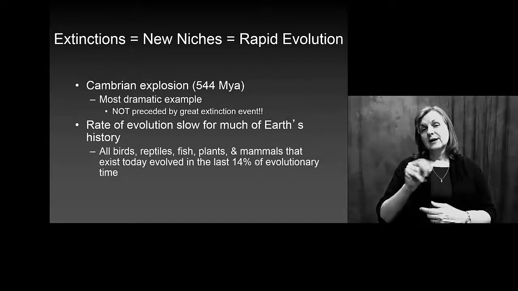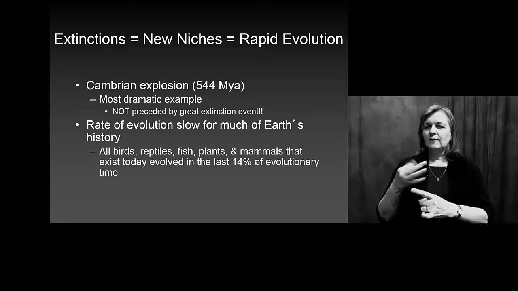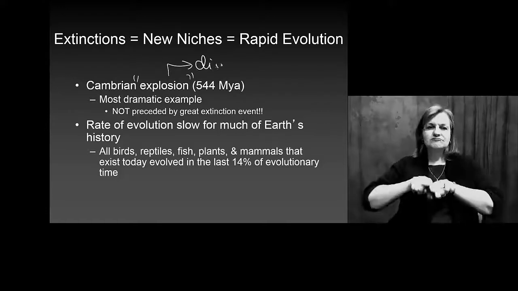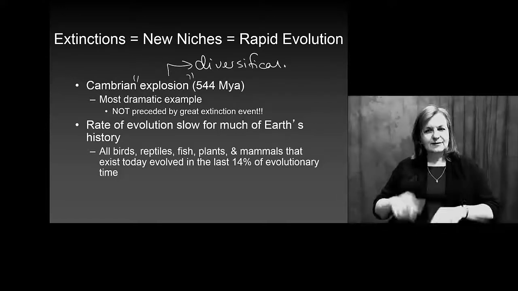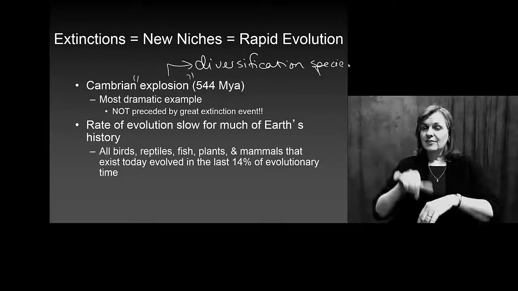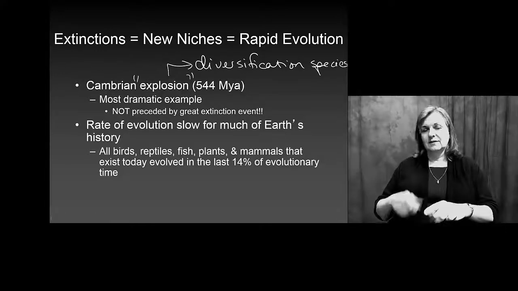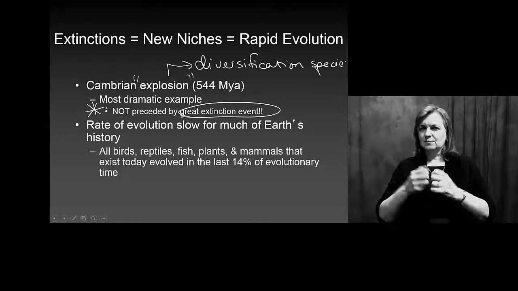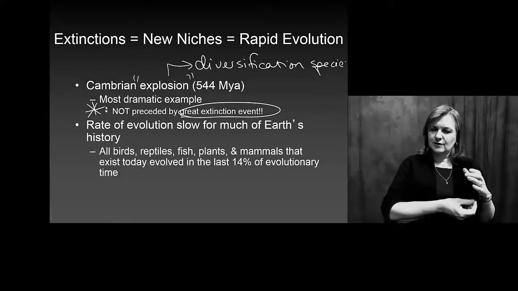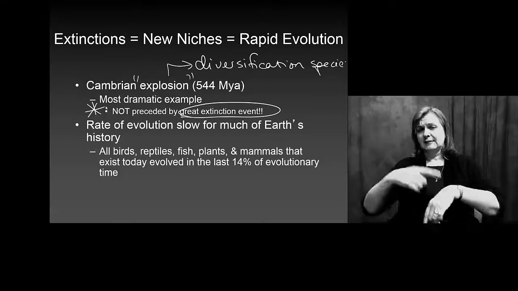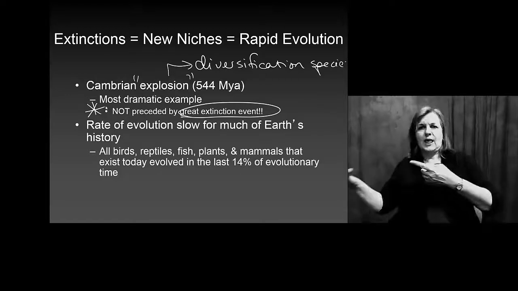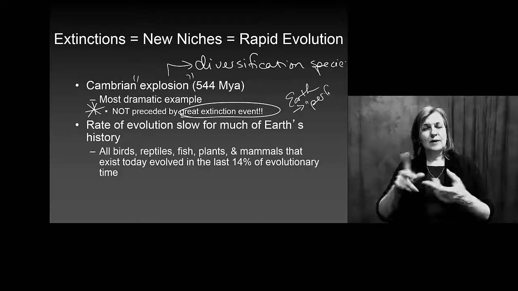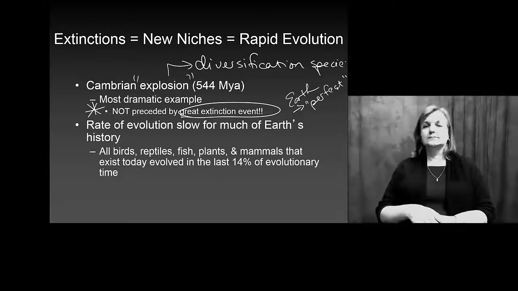The Cambrian explosion is a very interesting point in time, because when we talk about explosions, we're actually talking about diversification and adaptation events, and over time we typically only see these events occur after a great extinction. But this one is interesting in that it does not occur after a great extinction, but instead there must have been something going on that allowed this terrific explosion of organisms. And we think it was probably the Earth settling, and the Earth was now more of a perfect place for organisms to really thrive.